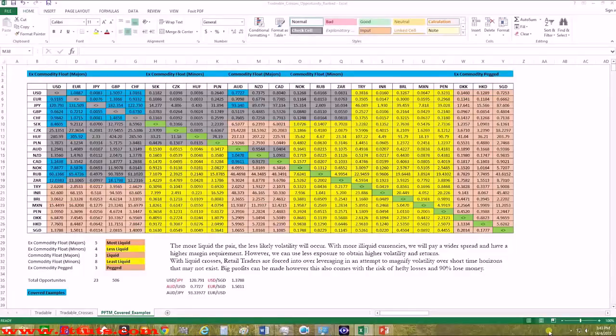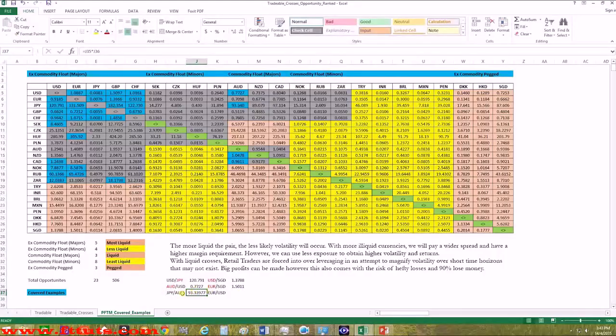Now, what if we wanted to do something else? What if we wanted to actually work out the reverse of this? So the Japanese yen Aussie dollar rate, so Japanese yen being on the left-hand side and Aussie dollar being on the right-hand side. How would we do that? Well, the easiest way to do that